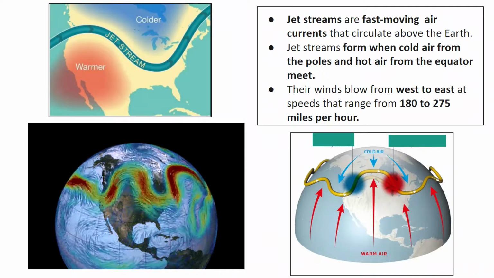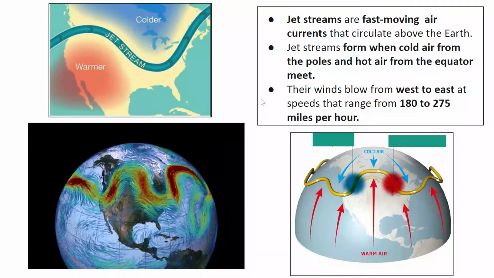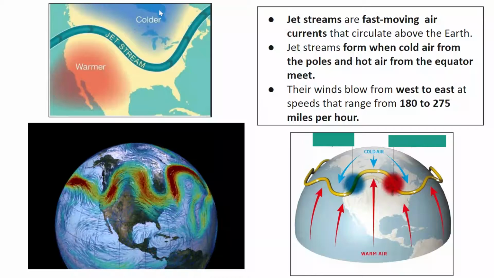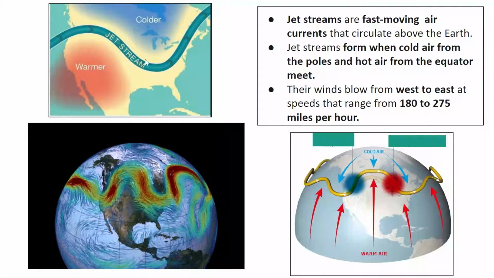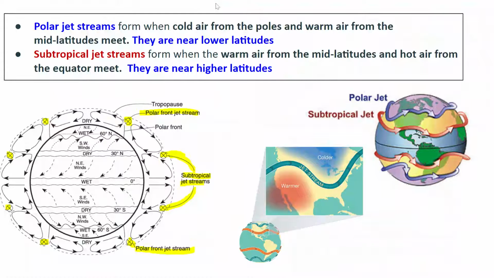Now let's talk about jet streams. We've spoken about jet streams in the past before, and jet streams are fast-moving air currents that form when cold air near the poles meets warm air near the equator, and this causes really fast winds going from west to east. And ITCZ, or the difference in seasons, also affects our jet streams, and how they circulate as well,